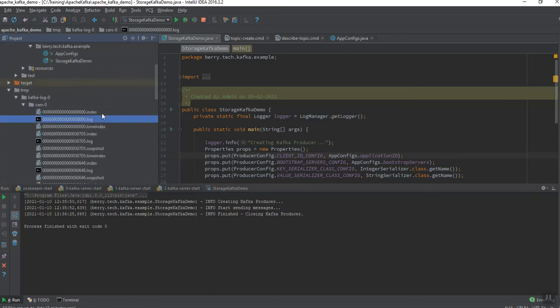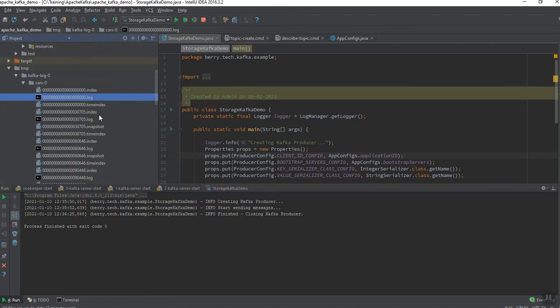Okay, so this is one thing, and apart from this you can also see the index file here. This index helps the broker easily find where the message is placed, under which topic, which partition, and in which segment it has been stored.